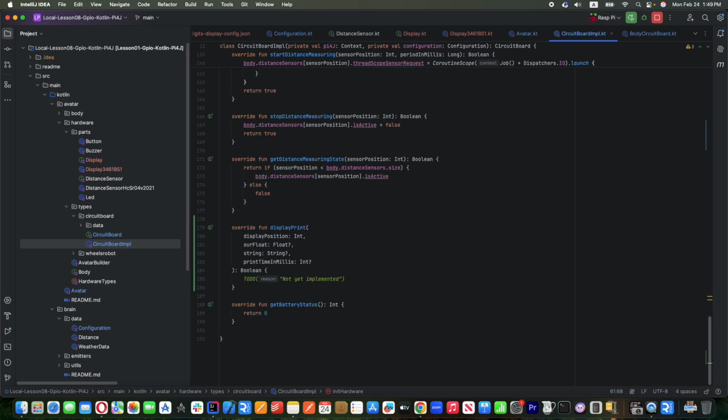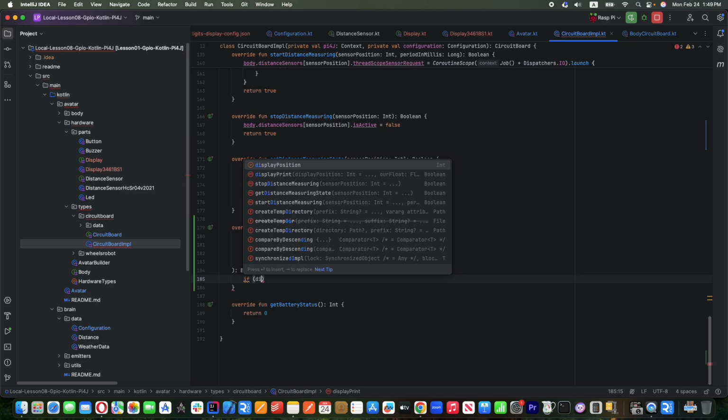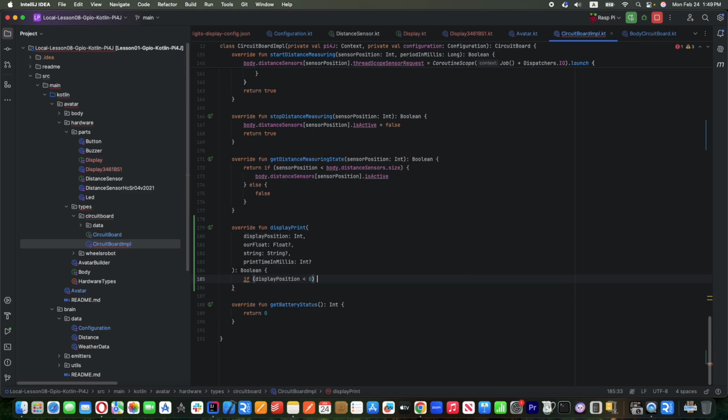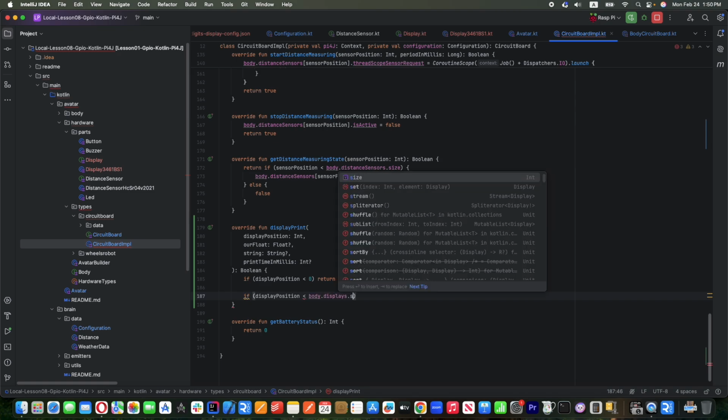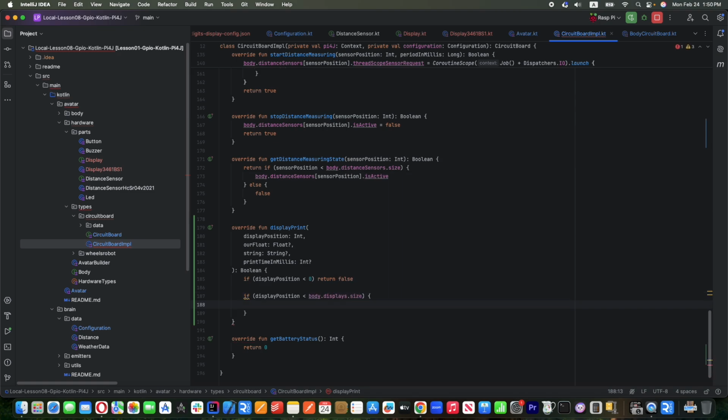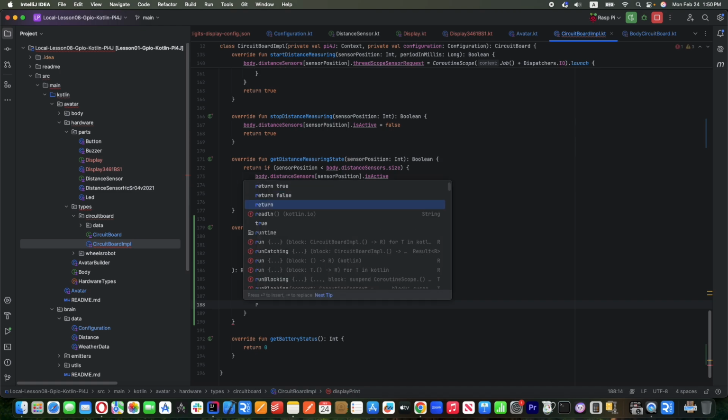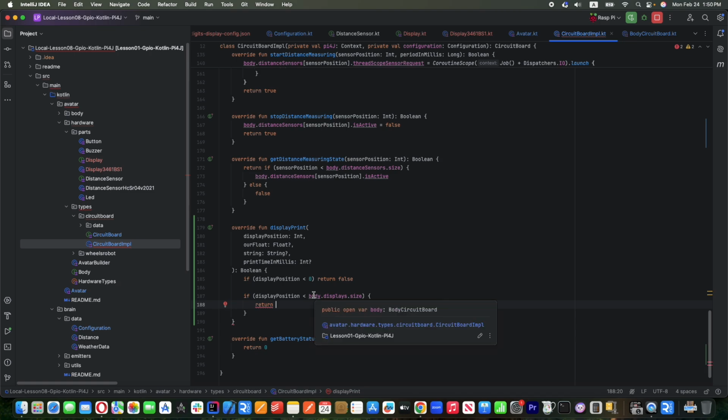Then describe, okay, we have some incoming parameters. If display position less than 0, return false. If display position less than body displays size, okay, it means we have this position, return. We can return the Boolean state from internal function